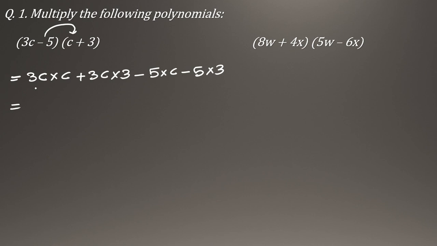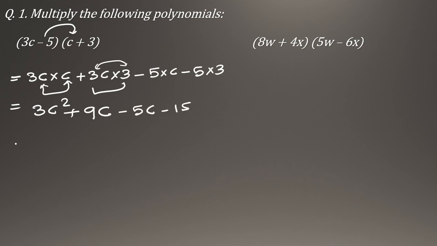So what will it be? 3c multiply c. Now you see, I told you that if you are multiplying variables with the same base, then their powers will be added. So it will be 3c square. In this second expression, we don't have the variable two times, so just multiply the numbers. So 3 and 3 multiplied is 9, it will be 9c minus 5c minus 15, and it will be equal